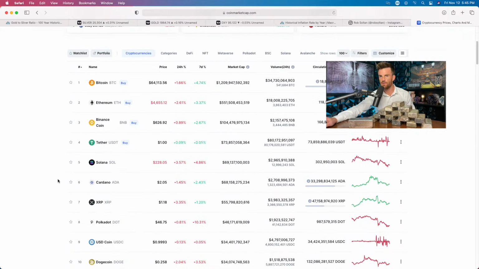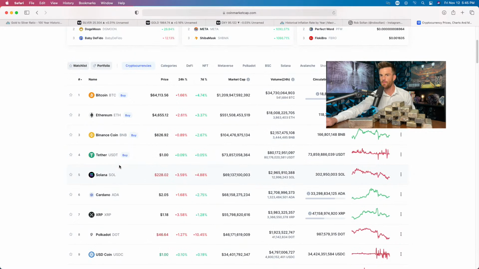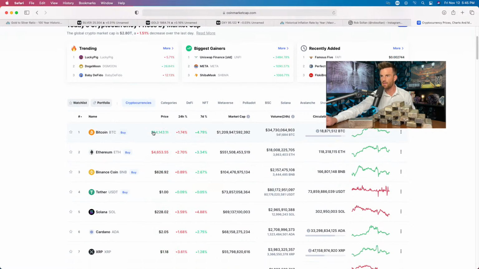Let me show you really quick. So Bitcoin, you basically see the circulating supply here at 18,871,000 Bitcoin. What this doesn't tell you is that about 3 million of the Bitcoin is actually lost. So this is actually only like 15 million in the circulating supply. So you only have a supply of around 15 million Bitcoin out there, right?